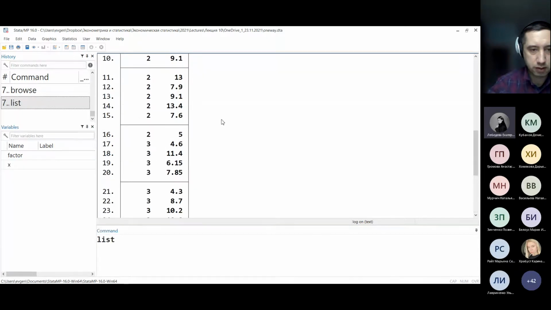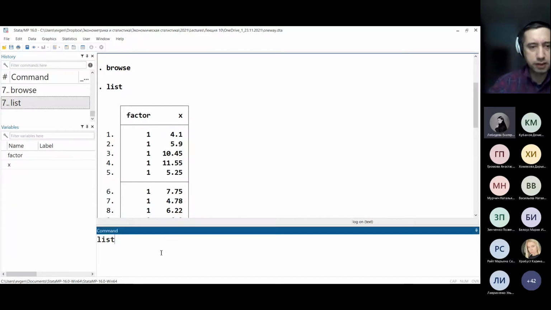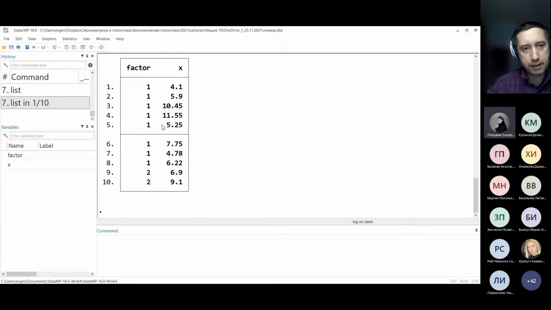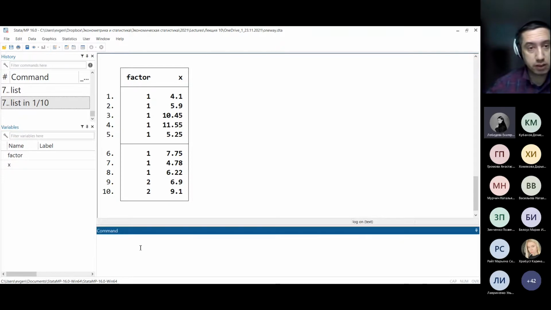Yeah. Excuse me, we can't see your opening windows. So I would like to stress list. I'm not sure. Did we learn list command? Yes. Yeah, list. So no, you can also make it shorter. Well, and what we have here, look, we have variable factor, we have variable x, and within variable factor we have 4 levels. Well, x is continuous variable, and it could be interesting to make a simple descriptive statistics for